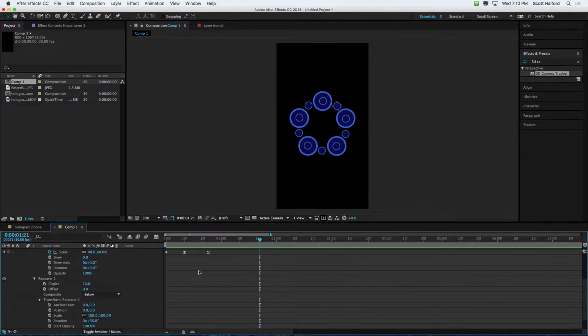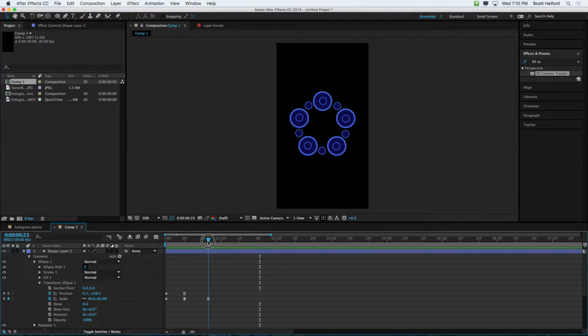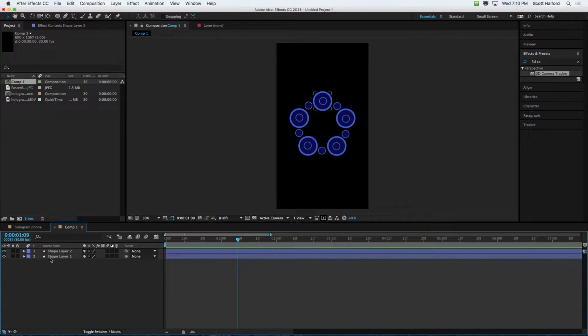That was an accident. I accidentally, with my playhead over here, I changed the scale. So they're all growing out the same size, and then those extra 10 are getting smaller again. Nice. Okay, that was kind of a happy accident. All right, so let's keep that and maybe